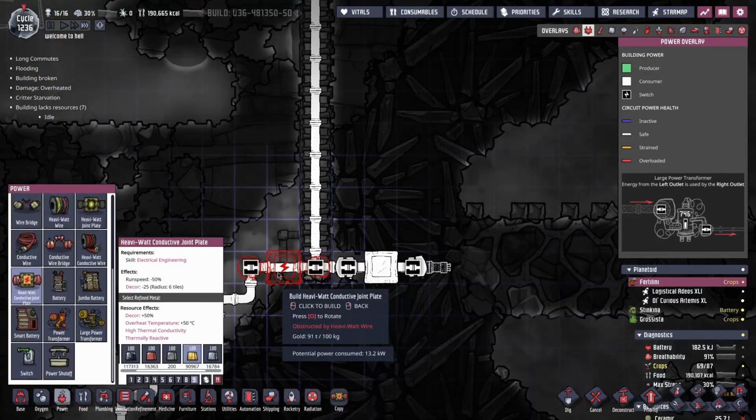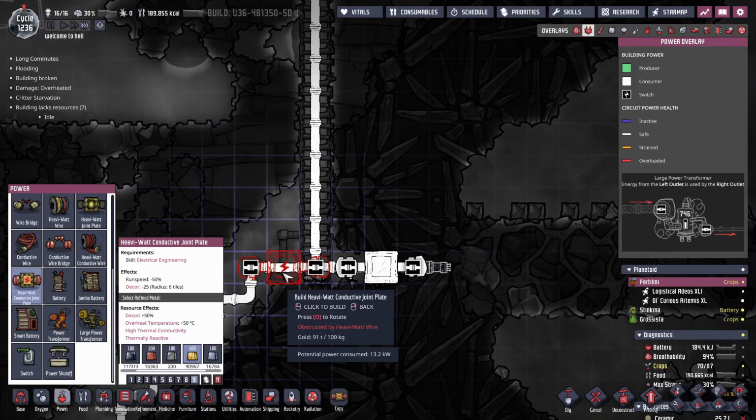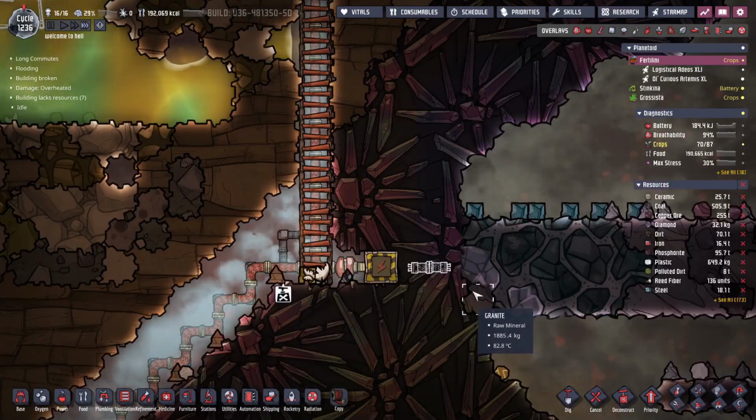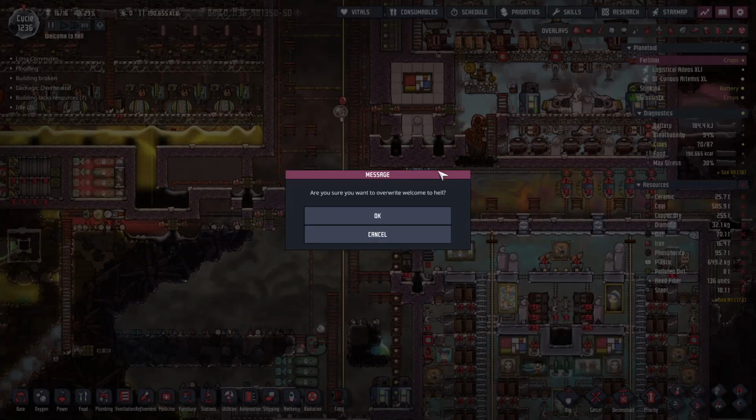Might put the second one here. I was going to put it here, but that's going to look bad. So it'll have to go there. So that has to be deconstructed, but we'll get around to it. What I'm actually going to do is I'm going to save, and we're going to scurry on over to my creative testing world, and we're going to run